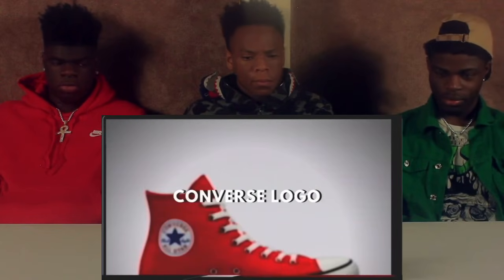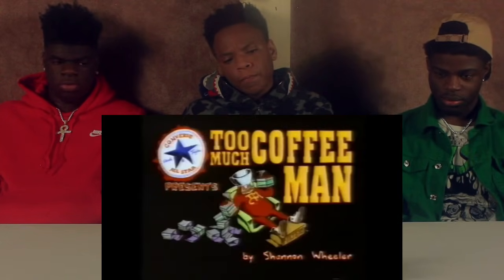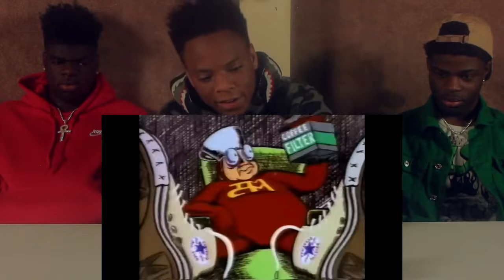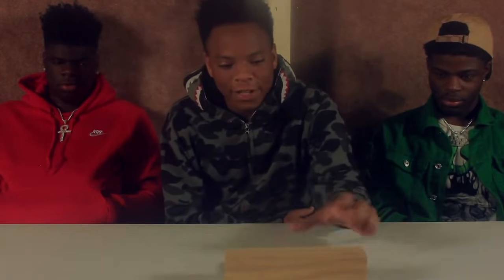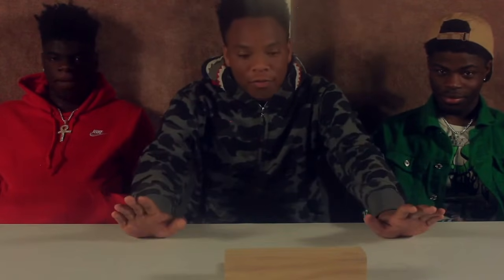Converse logos. This one's sure to spark something in the comments, as I see a lot of people arguing about it. Now first let me get to this. This is gonna be the last one we see for right now, and then we're gonna cut it to a part 2. But I swear, this one, the logos on shoes, I used to be interested in them a lot,